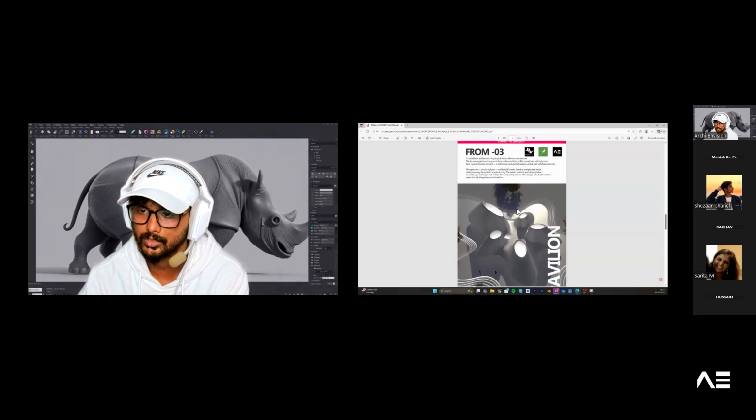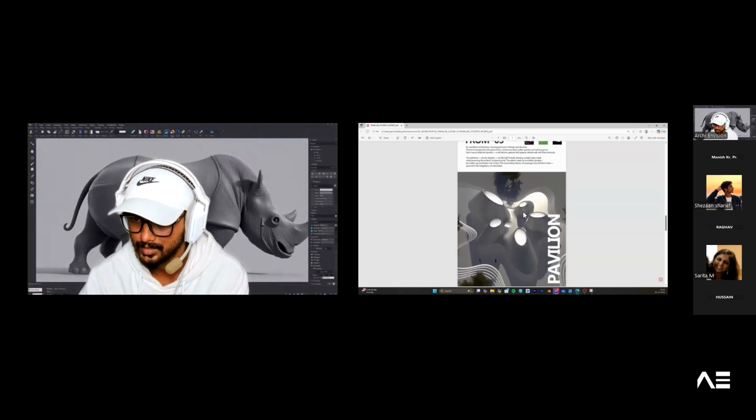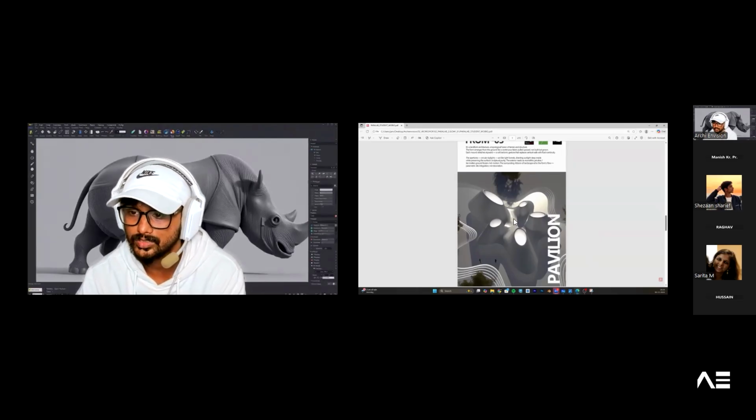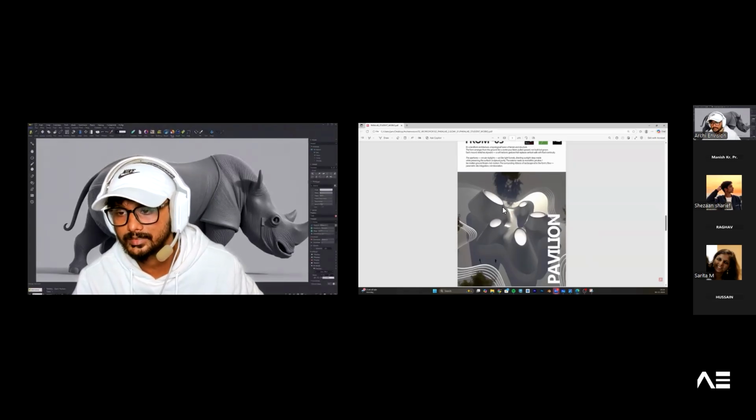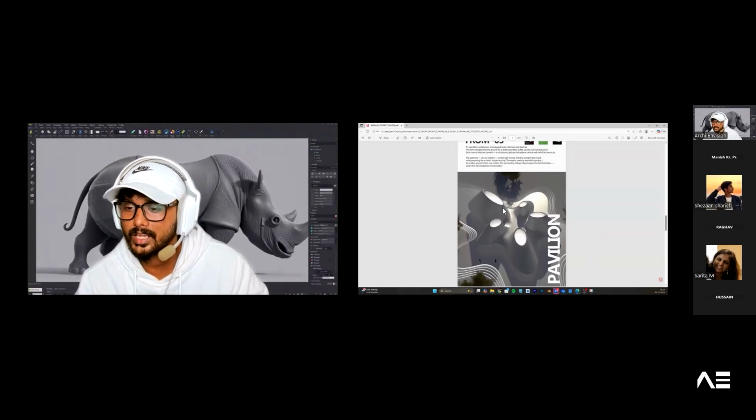This is another concept, which is a Pavilion. These are all the Pavilion structures which have been made using SubDs. These are the forms which we try to focus on: SubDs, NURBS. These are all technical words for Rhino.